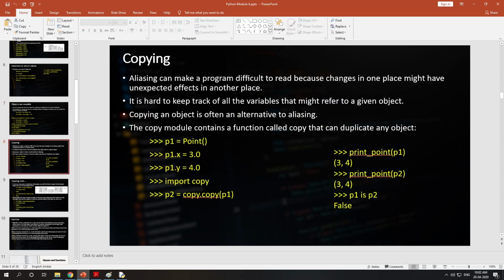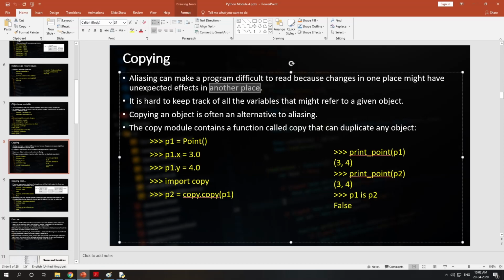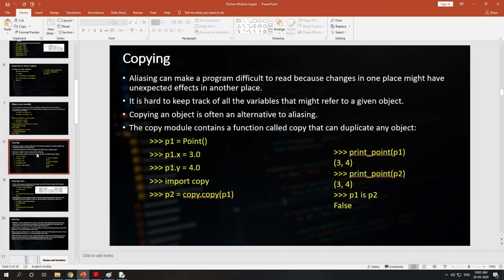Aliasing can make a program difficult to read because changes in one place might have unexpected effects on another place. So if you want to store the values before modification, you can use a copy method. It is hard to keep track of all the variables that might refer to a given object. So sometimes you will forget where you have changed and what the previous values were.